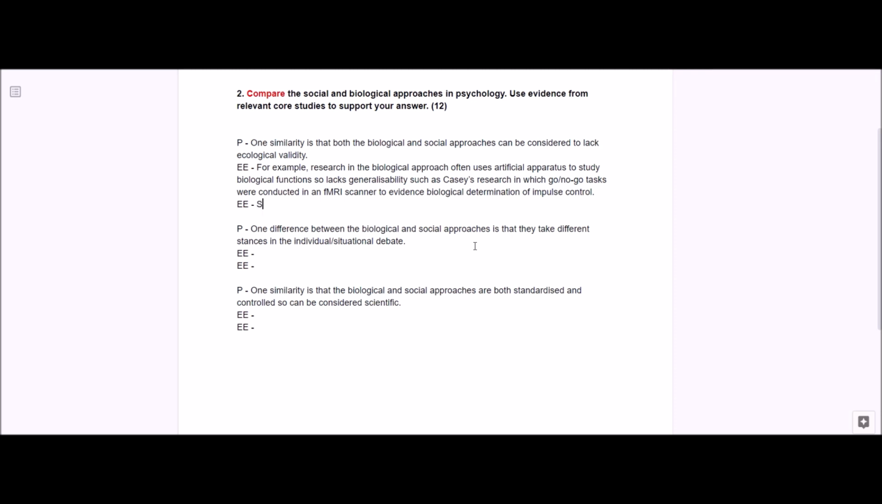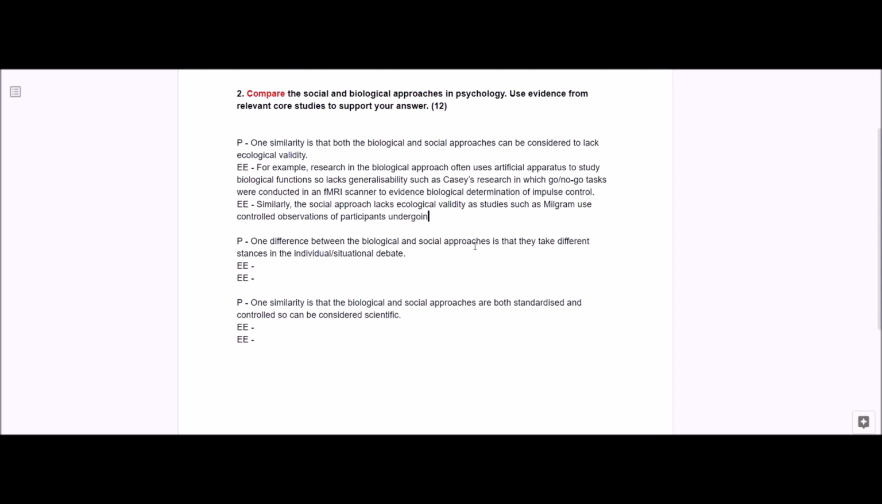Same for the social approach. Maybe you need to use connectives because you're saying that things are similar or they're different, so you need to use words like similarly, whereas, stuff like that. So similarly, the social approach lacks ecological validity as studies such as Milgram use controlled observations